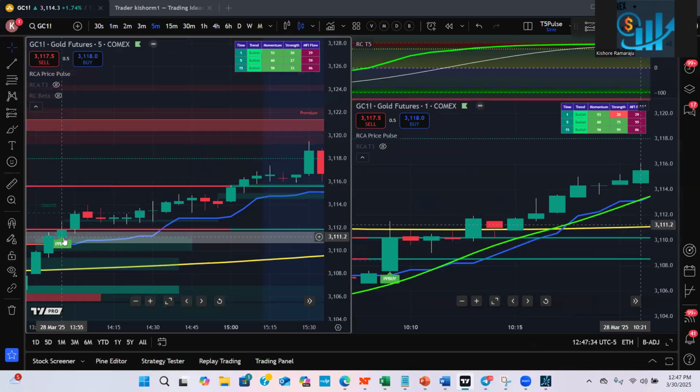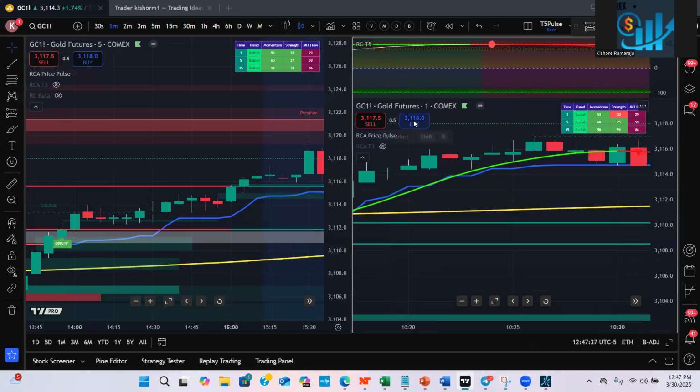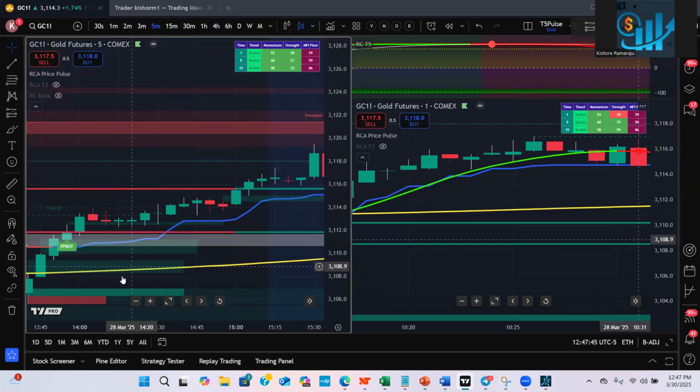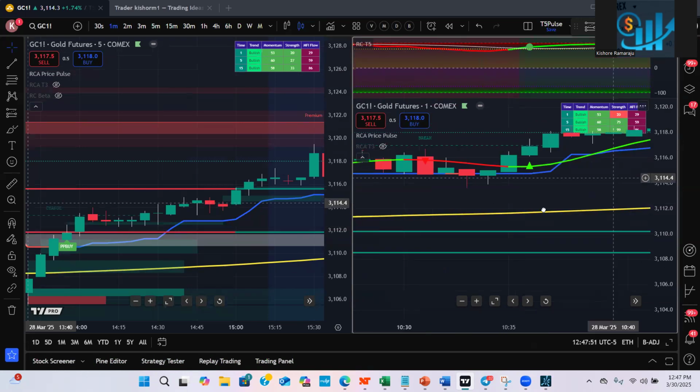If this is bullish, then you will only take the buy side. Here you will click on buy, as long as this is bullish. From 2 o'clock, from 3110 it went to 31120. So here, if you see,